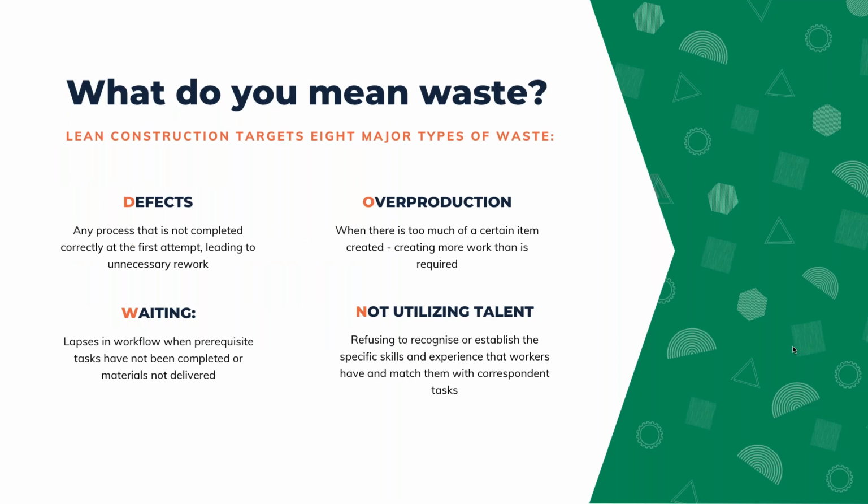So when you spoke about waste, Andrew, and about reducing waste, can you give us a quick overview of what you mean by waste, and what are the 8 major types of waste that lean targets? The waste that I'm speaking about, the easiest thing that pops into most people's minds is rubbish, things you throw in the bin. Sure, that's a waste. It can be, but the lean theory, I guess, which we go back to,